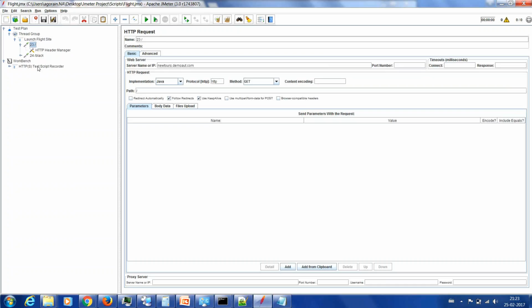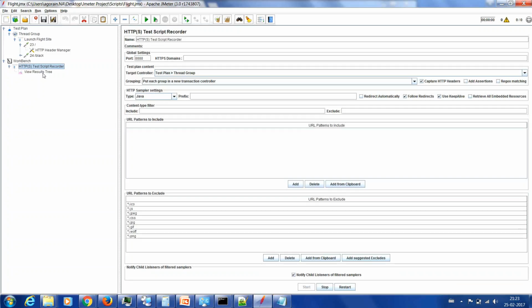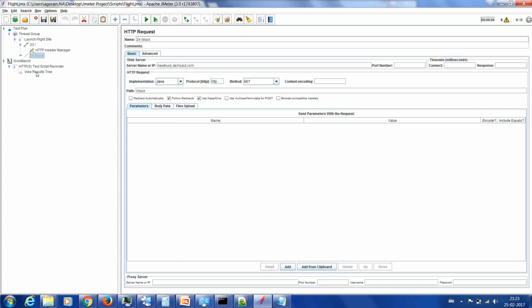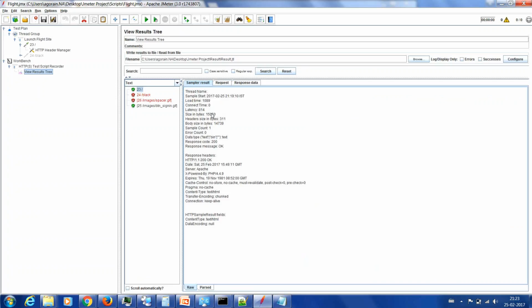Second thing that I want to show you is the view results tree step. I have told you that our main important request is 23. I'm going to disable this one. Here you can see certain important things. If you click on the 23 request, in the first tab called sampler result, the first one is the thread name, which is blank as we are not running any test. Next one is the sample start. That means